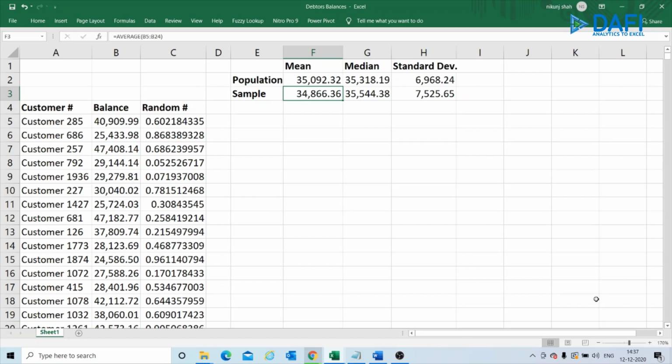If you find that there is a variation of over 10% in any of the measures, select a new sample by generating another series of random numbers, jumble the data by sorting it and selecting the first 20. As these measures match, you can be sure that your sample is both unbiased and representative.